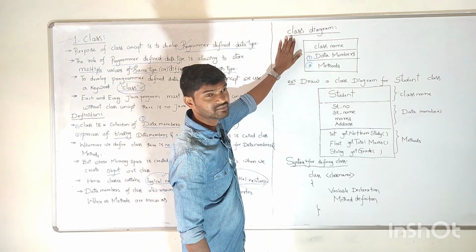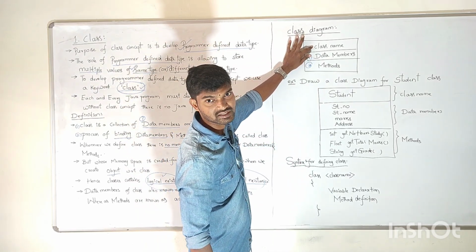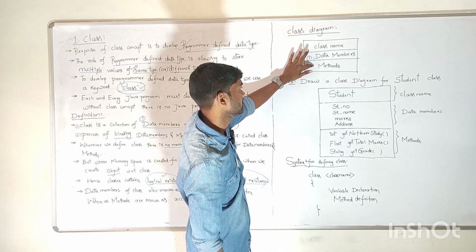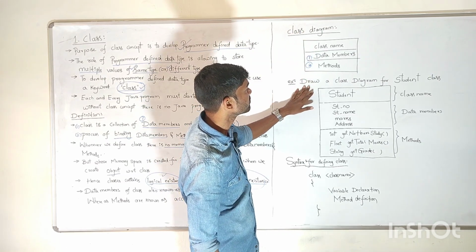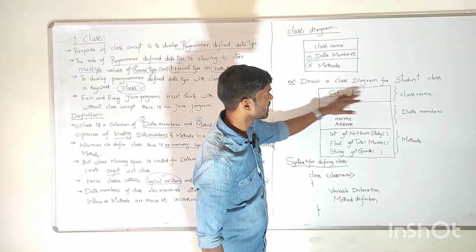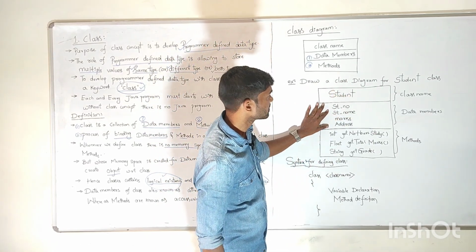And class diagram is very simple. A class contains one class name, any user-defined name. It contains some data members and methods. For example, if you take some student class, the class name is Student, and the student has some data members